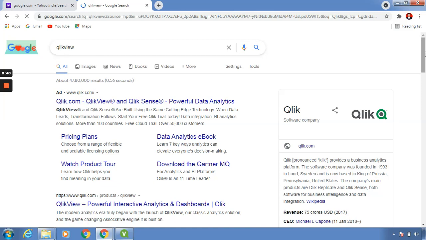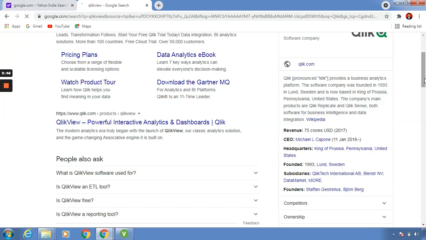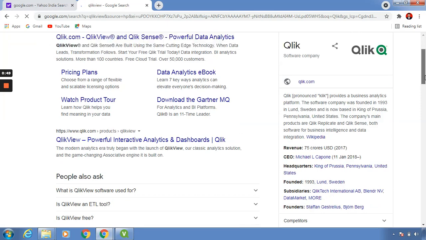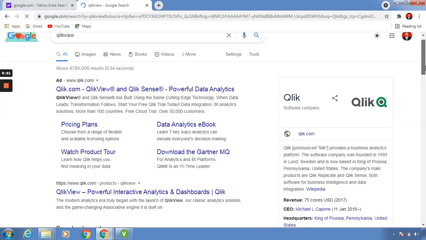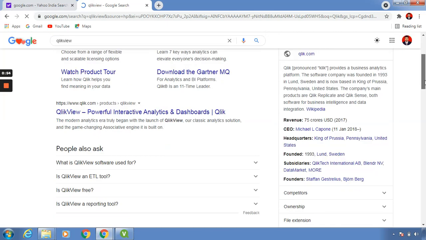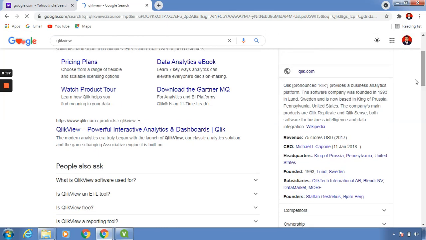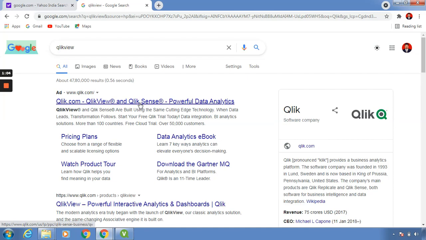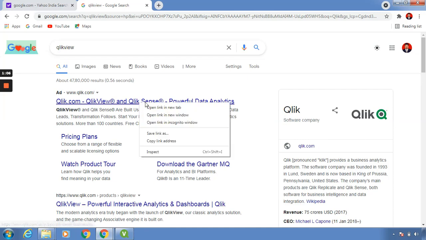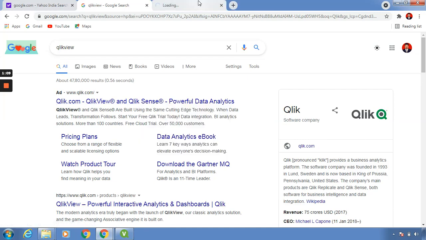This is basically the Wikipedia page which is available over here. This is a software company which is based in the US. Previously it was based in Sweden. It was started in Sweden, and then it was moved to Pennsylvania, USA. So let us go to this software. I'll click on this and open it in a new tab. It will now redirect us to this particular